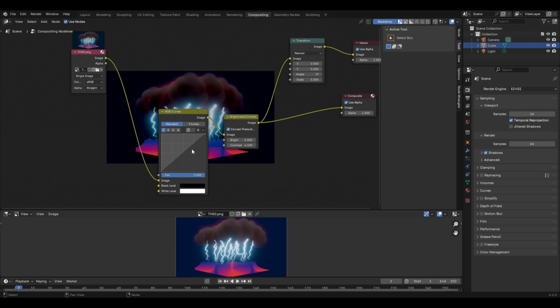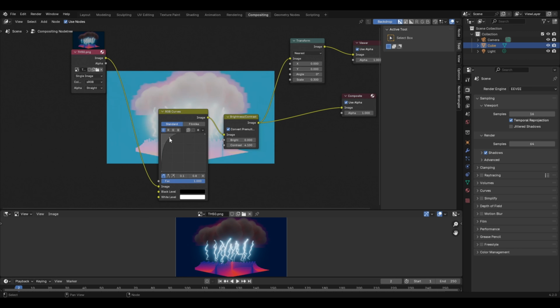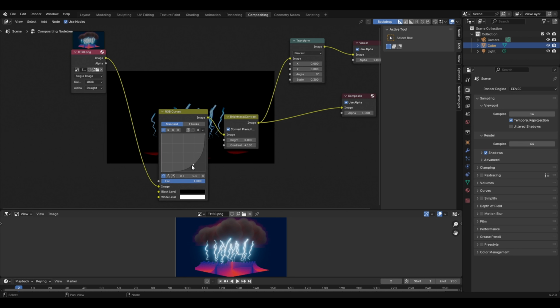Now to modify this curve, simply left click on any point on the curve and this point will get created, and then if I left click and drag it like this, the position of this point will change in the curve, and you will also notice some differences in the image. In simple words, if I try to move the pointer in the upward direction, then in this case the brightness of the image as a whole will increase, and on the other hand, if I take this pointer downwards, then in this case the brightness of the image will reduce. If you want to reset the curve back to the original, then simply click here, and from this drop down menu select the reset curve.